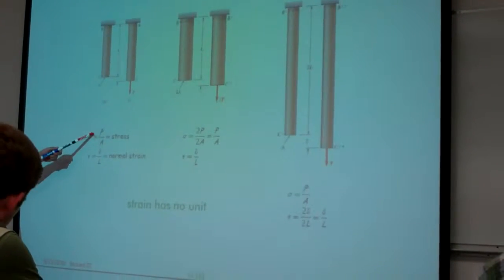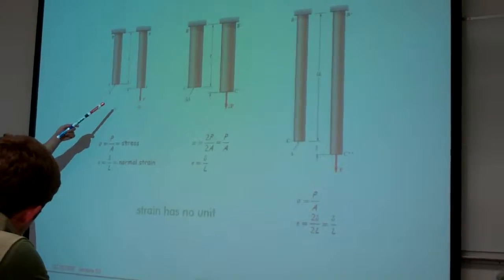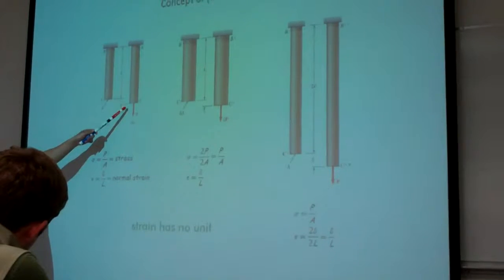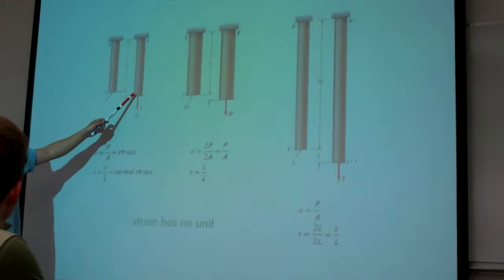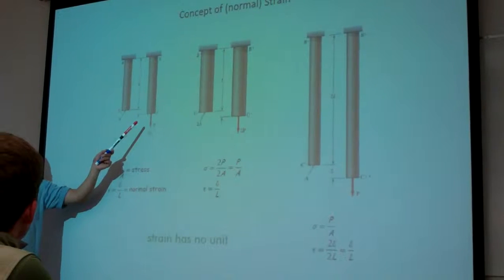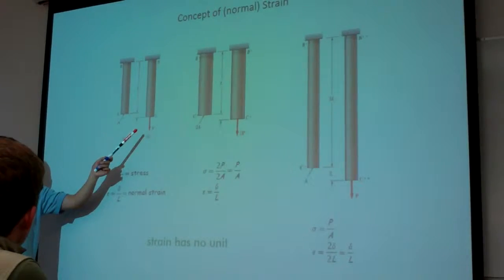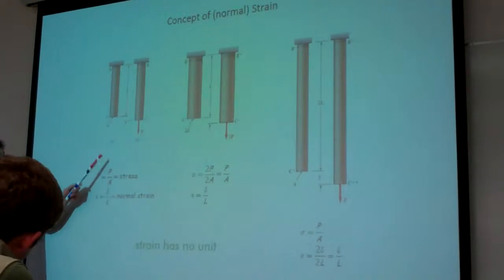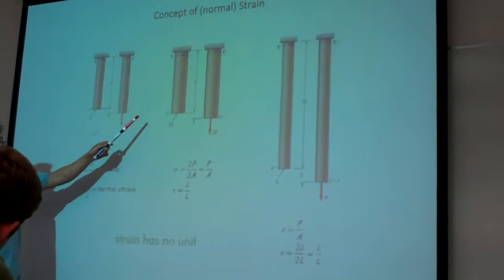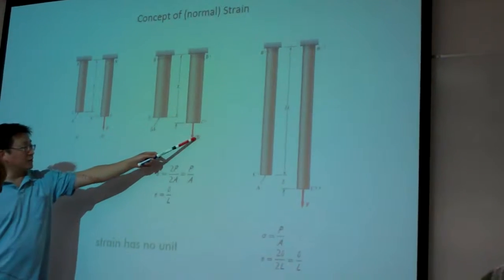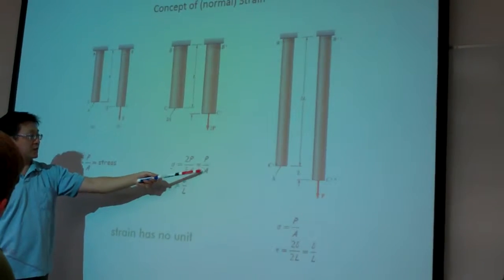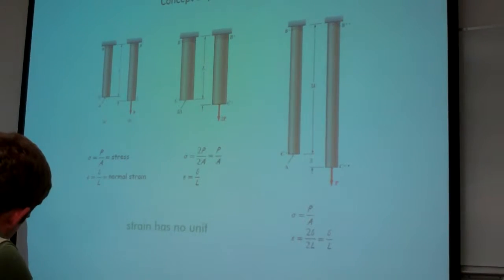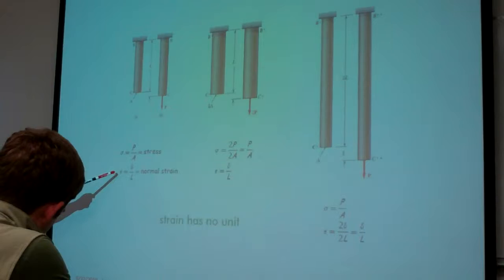In chapter 1, we have learned, by the way, in these chapters, the loading is always, for our model setup, normal to the cross-section. So which means in chapter 2, our focus is the normal stress. Okay, and in chapter 1, we know the stress is force divided by A. A is the cross-sectional area. Really doesn't matter the cross-sectional area. For example, if this is 2P divided by 2A, then that is the same magnitude like this case. As long as this formula,